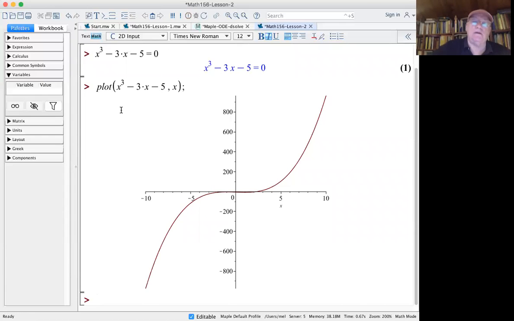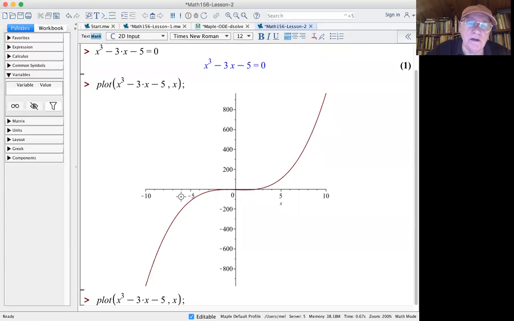and there's the plot. So the default in Maple is to graph a function from minus 10 to 10. That's what's going on here. And where it's crossing the x-axis is somewhere in this region, but you can't see it very clearly what's going on. So the smart thing to do,